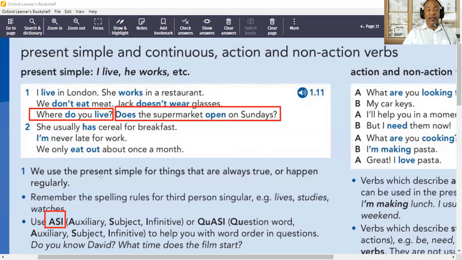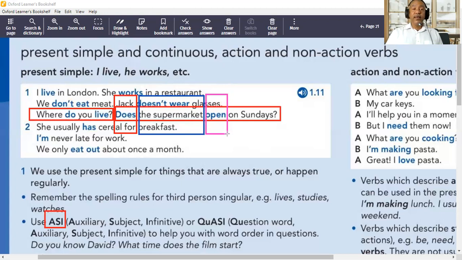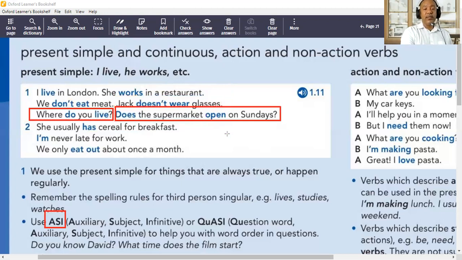So it is this, okay? ASI is absolutely necessary when you make a question. And so here you have, look, A, and then let me change colors. Then you have the subject, and then I'll change colors once again, and then you have the I, which is here, okay? And then you have the other format, which is the